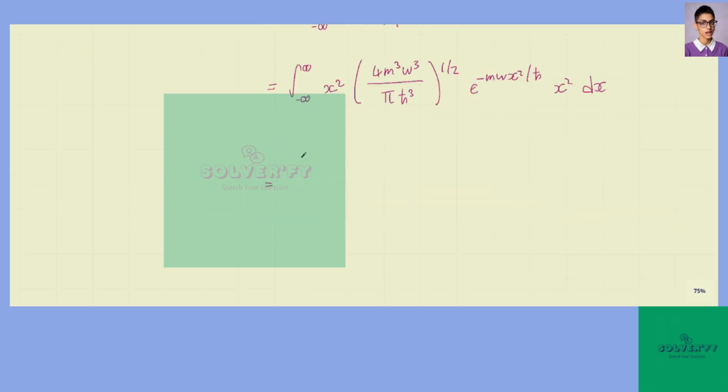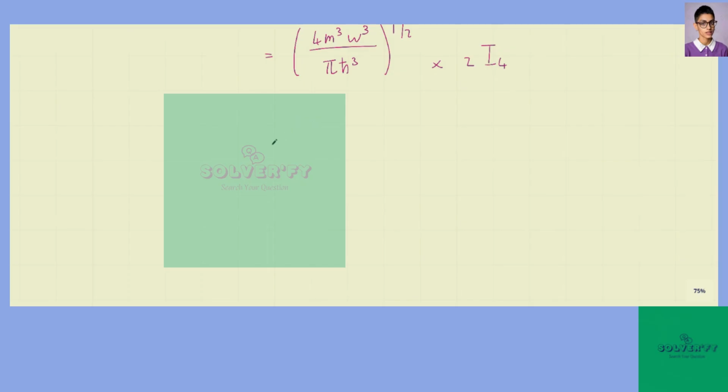And this becomes 4 m cubed omega cubed over pi h bar cubed all to the power half times 2 I4, which is